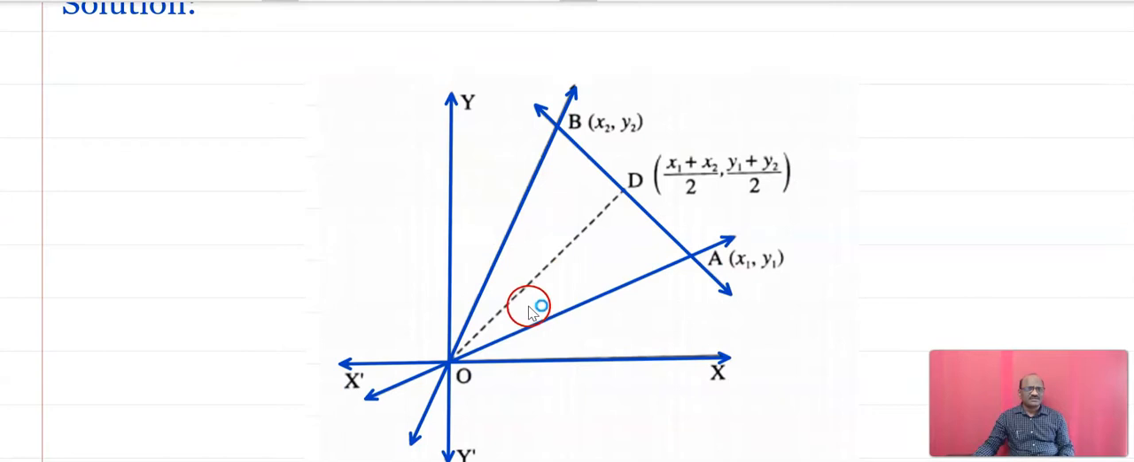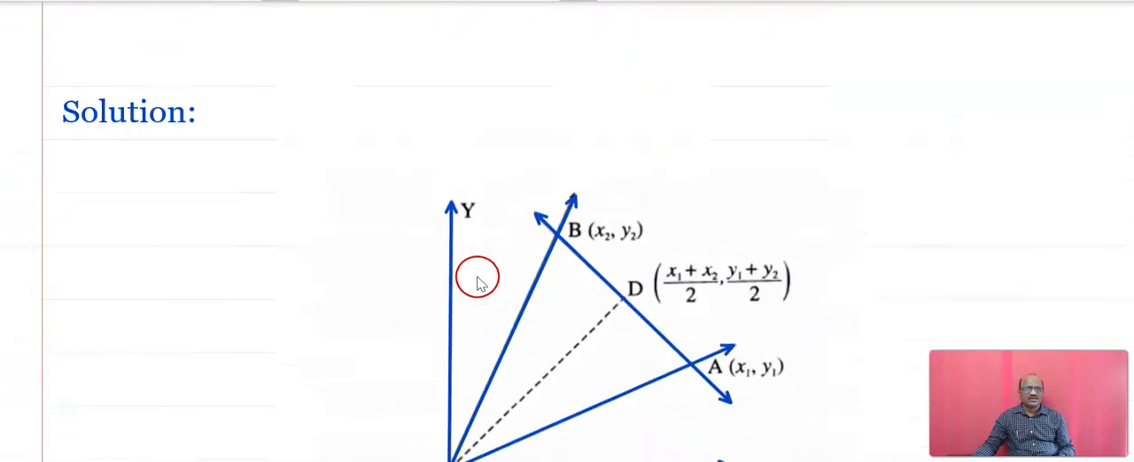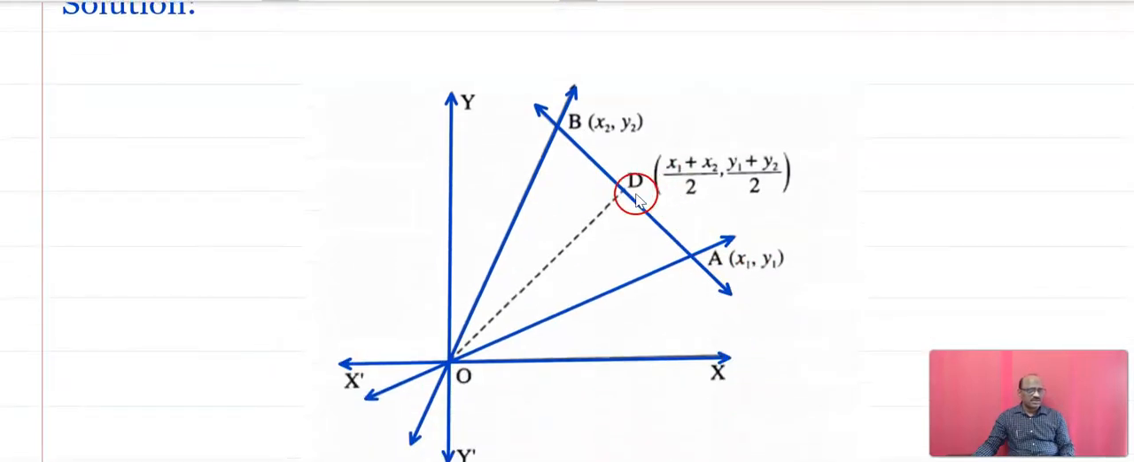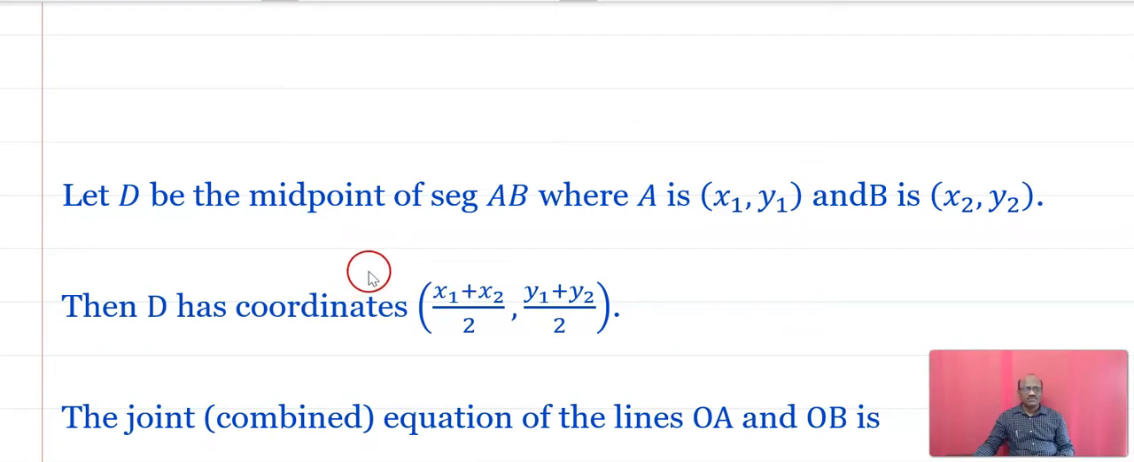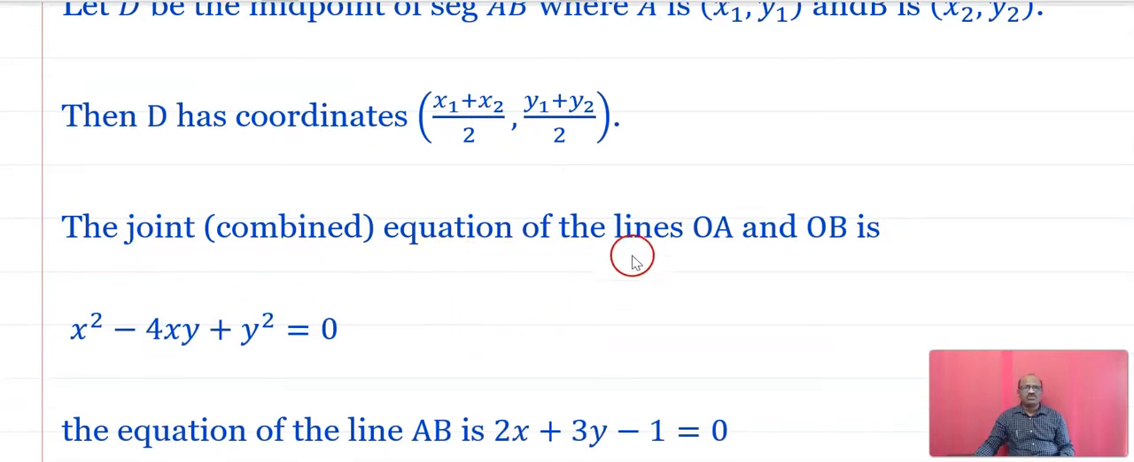Again here see this figure, the joint equation, and this is the line. What's the equation given? 2x plus 3y minus 1 is equal to 0. The OD is the median and D is the midpoint of AB. In similar manner, we will find out the equation of the median. D be the midpoint of AB. The coordinates of A are x1, y1 and B are x2, y2. And here the midpoint, that is the coordinate of D, is x1 plus x2 upon 2, y1 plus y2 upon 2. The joint equation of the lines OA and OB is, okay, we have given it,